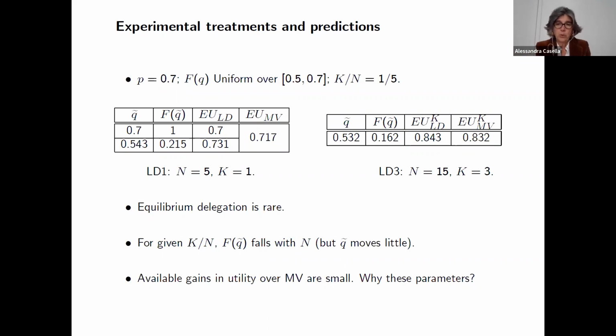We didn't want to push our theory to a corner where liquid democracy was expected to do so well, we could only find that it did worse, or to do so badly, we could only expect it to do better. So here, we don't really expect to see a difference ex ante between majority voting and liquid delegation, given our parameters. And we want to see what the lab tells us, given that both directions are ex ante possible, at least in our eyes.